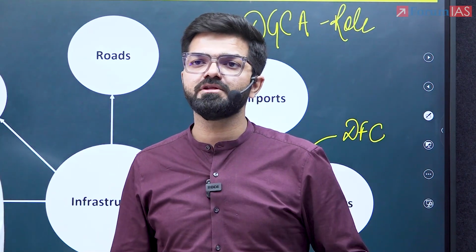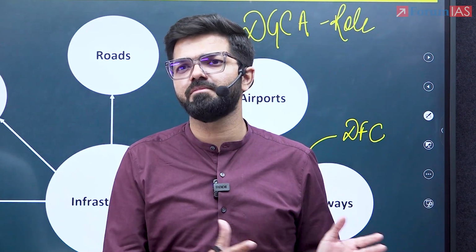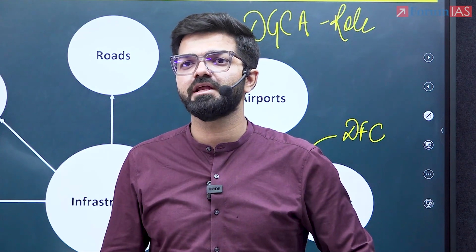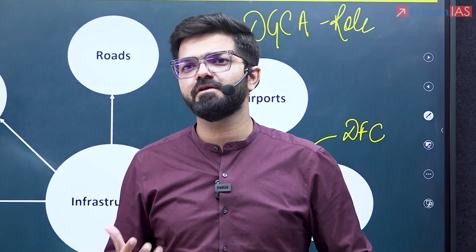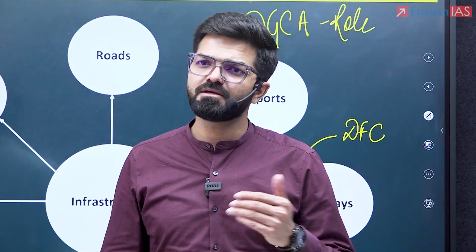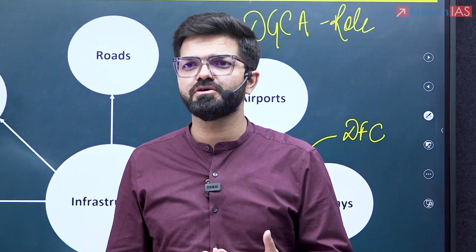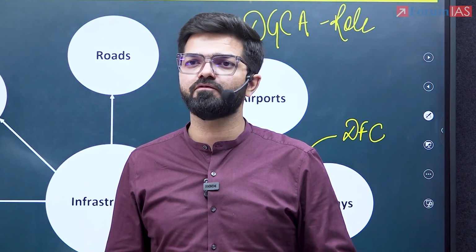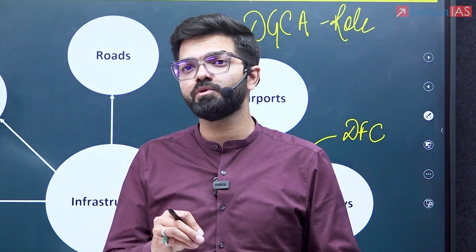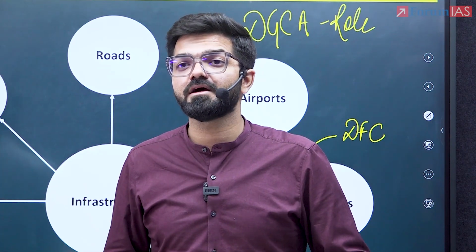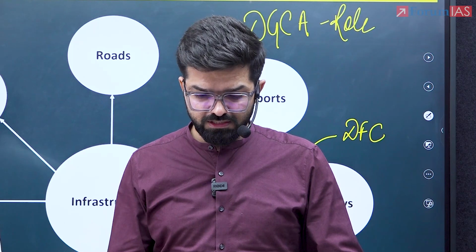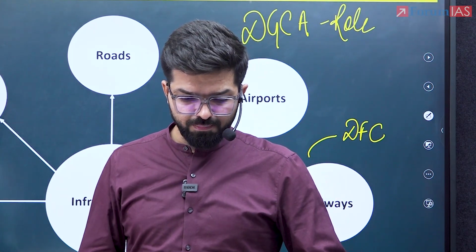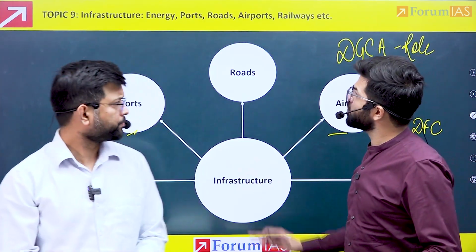One important dimension for which the present government, and of course all governments, have been criticized is railway safety. There have been a lot of derailments. This year itself, every month or every second month, you keep seeing one or two accidents. Some lives are lost, or major property losses are there for the government. It becomes important. Within this, you can always talk about the Kavach initiative, what that is and how it is going to reduce accidents. All these are important dimensions you should be prepared for, right? This was about topic 9.